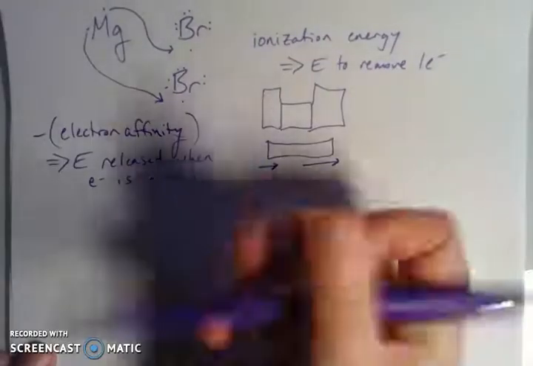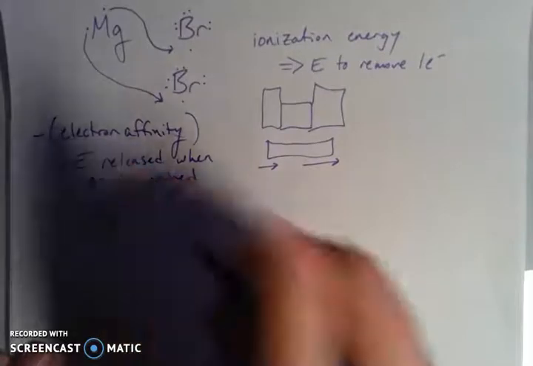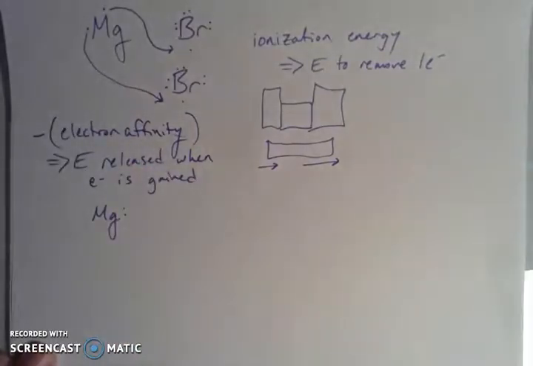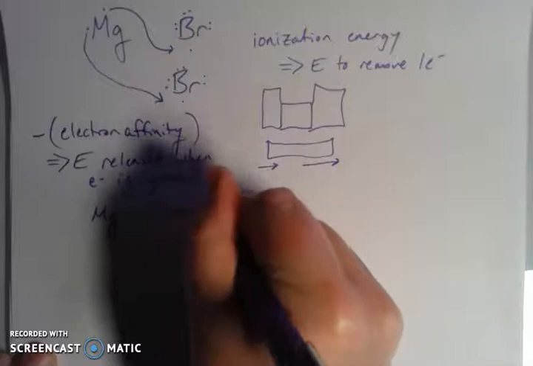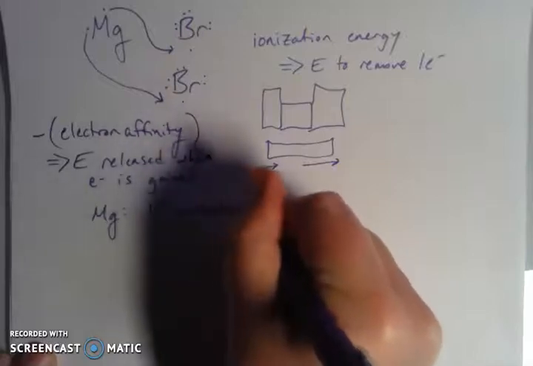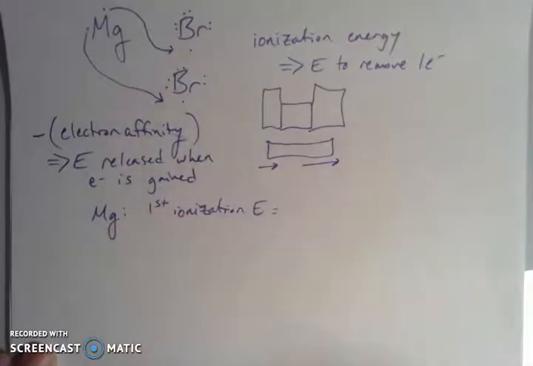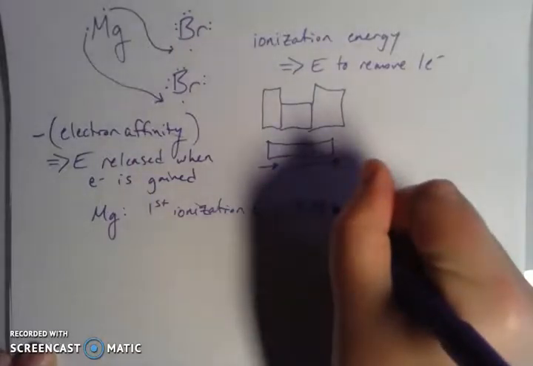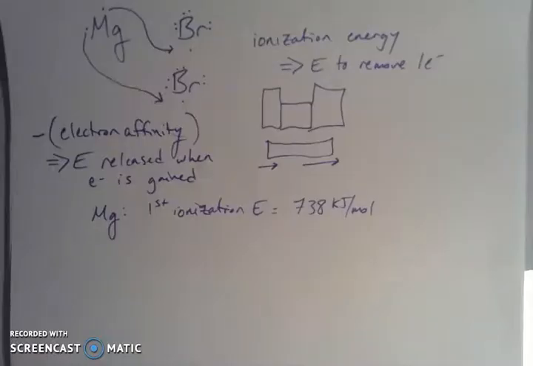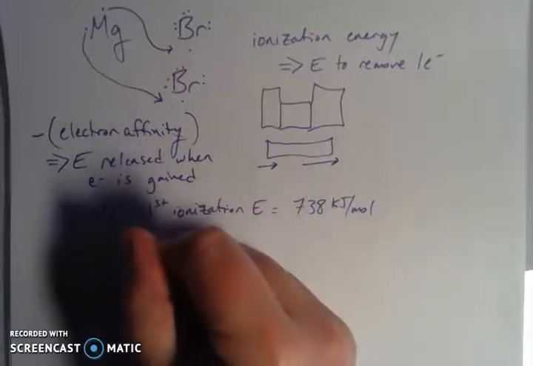So my first ionization energy, and this is for magnesium, because we're asking how much energy it takes to rip away electrons from magnesium in its ground state, is equal to 738 kilojoules per mole. So for every 1 mole of magnesium, it takes 738 kilojoules to rip away that first electron on each of them. Now the second ionization energy,